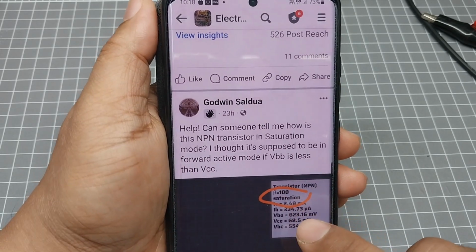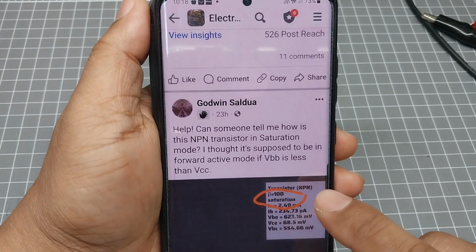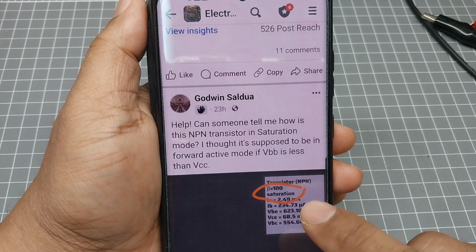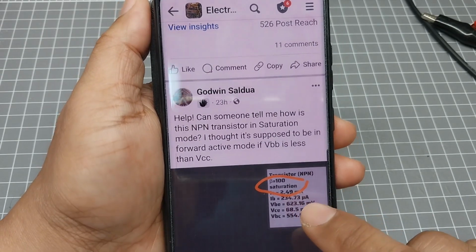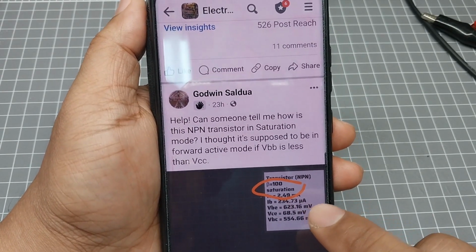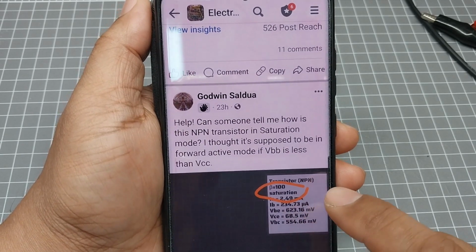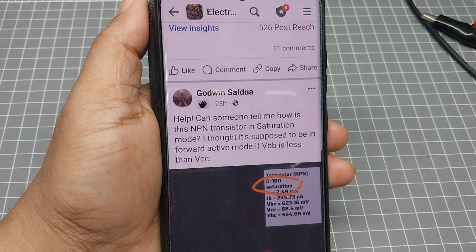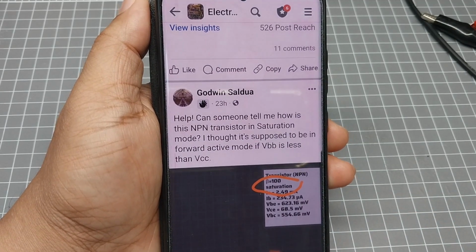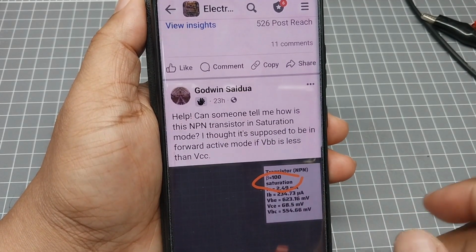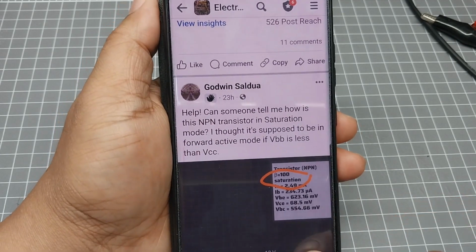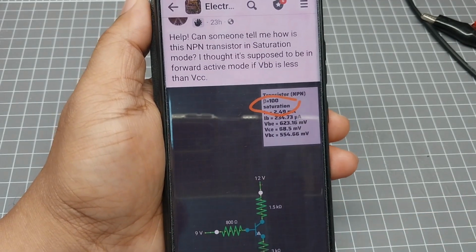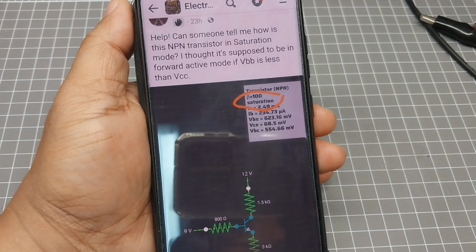So he asked, "Help! Can someone tell me how this NPN transistor is in saturation mode? I thought it's supposed to be in forward active mode. If VBB," he's talking about this one, I think he means VDD, which is the 9 volts, is less than the VCC, which is the 12 volts. So in here, on the simulation,